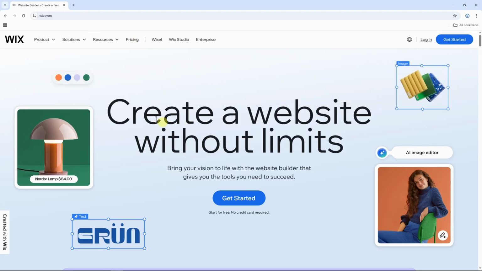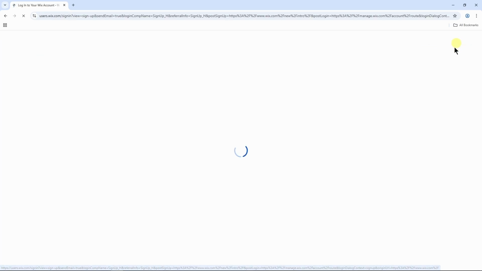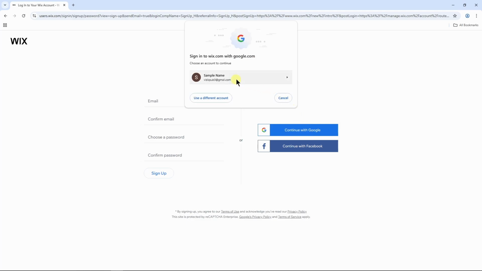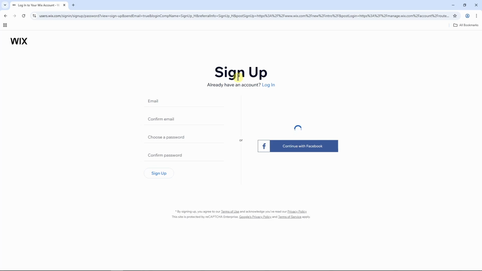Once you go to their site, you'll see this interface. If you have an account, then click on login and sign in with your credentials, but if you haven't created one yet, then click on get started. Now they will show you the sign-up interface. Here we need to choose any of the accounts we want to use for creating an account. I want to create an account using my Google, so I'll select it, then select the Google account you have, and then they will start the process